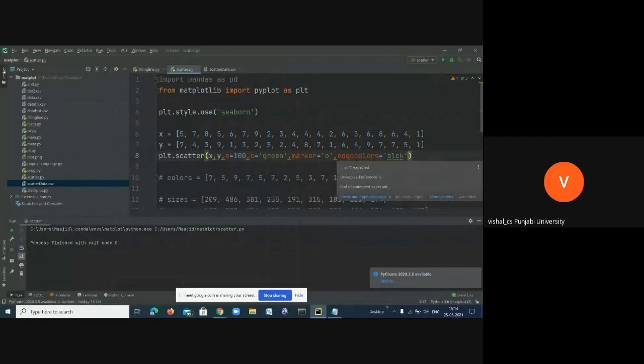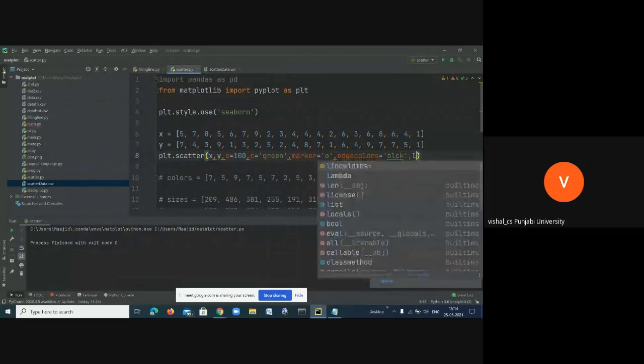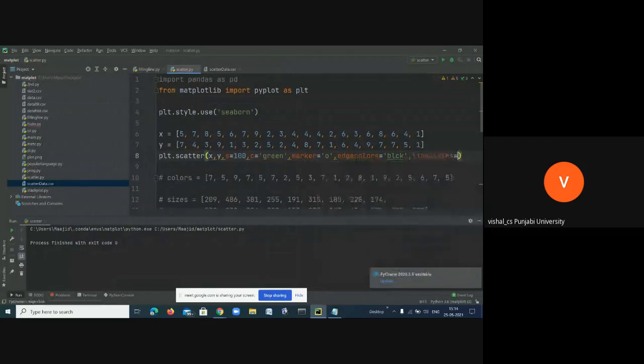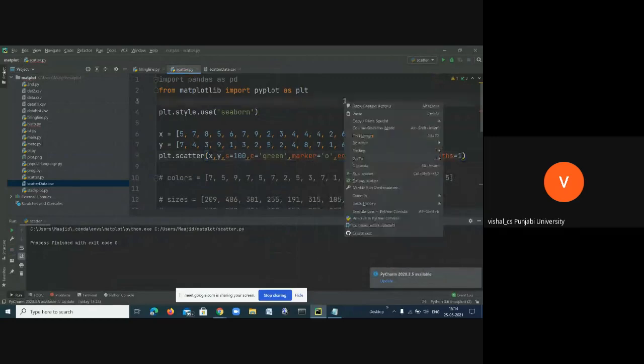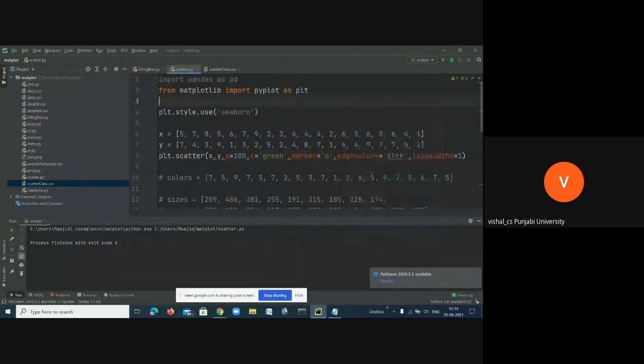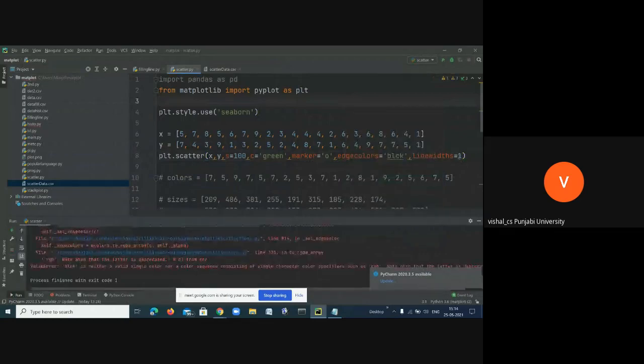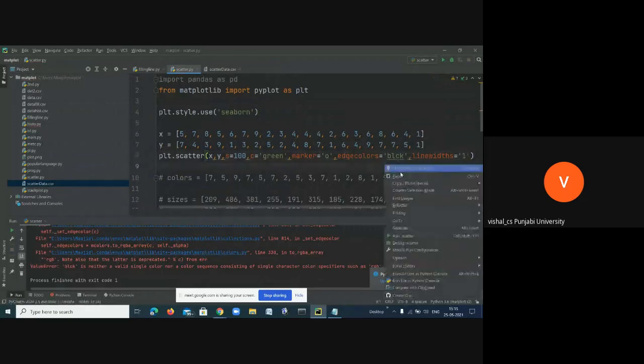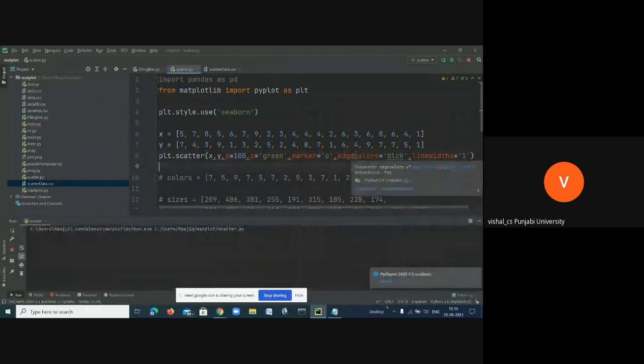There is even one argument that is known as line width. Yeah, linewidths. You can give linewidths also. Suppose I am giving one. See what will happen. But it does not take a string. Black is not a valid value.